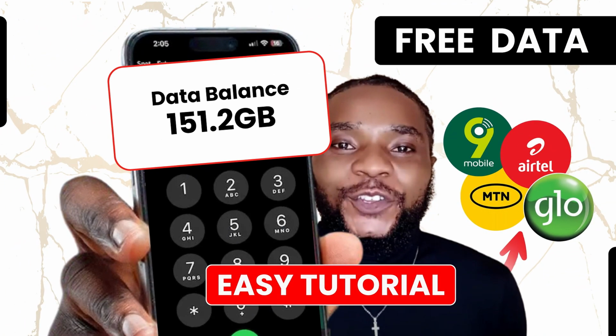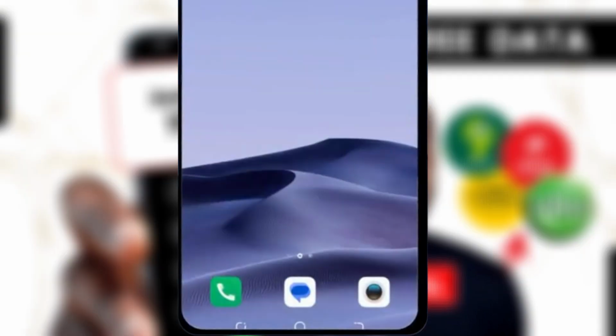Have you been looking for a way to browse the internet for free over time? Then stick around on this video and I'll show you how to use a very simple application to browse the internet for free. So if you're an Android user and you have your phone handy, you can come with me